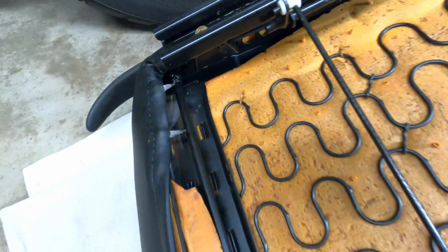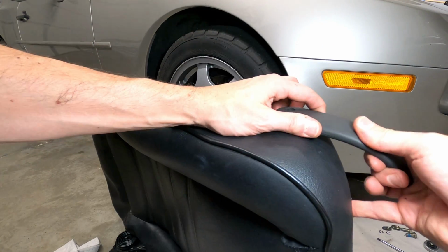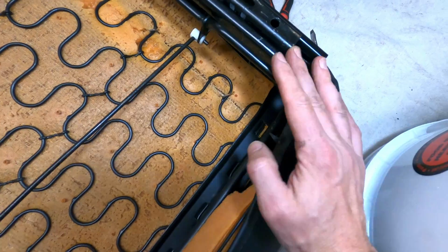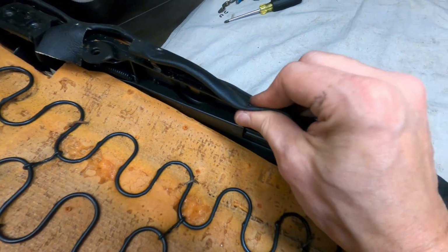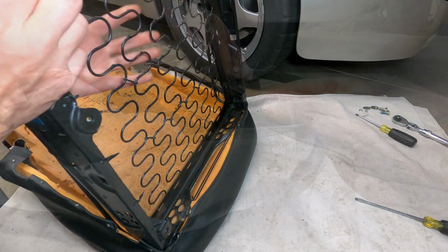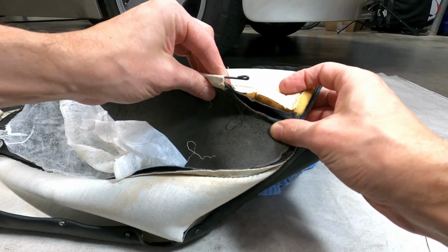You'll also need to unbolt and remove the seat rails and adjustment handle to free up the fabric. The seat rail is secured to the frame by 7 hex head bolts, and you can use the adjustment handle to move the rails forward and back to expose the opposing bolts. With all the clips and hardware removed, the seat cover can be pulled away from the seat frame and the foam cushion. For any hand-sewn leather work, you'll generally want to start with a length of thread that provides enough